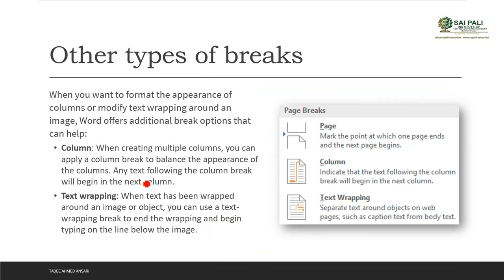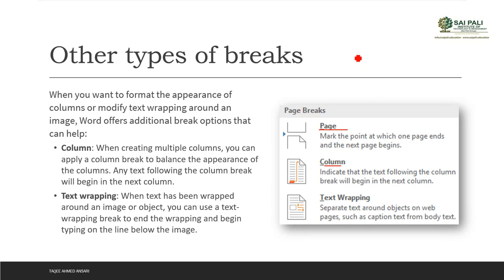Now in this break option, we have other break options also, like page break. This is what the page break is. We can select it from here also, or we can select it from the insert tab. That will divide the page, and it will say where the page ends and where the next page will start. Then we can have column break. Column break also indicates, if you are creating multiple columns, where your column is ending and from where the next column will start.